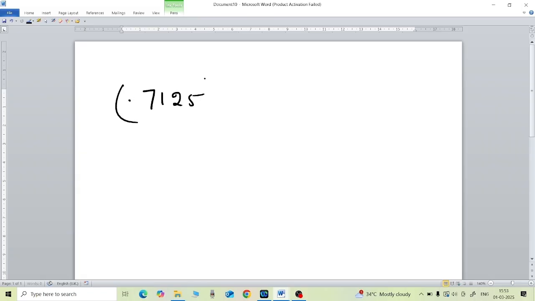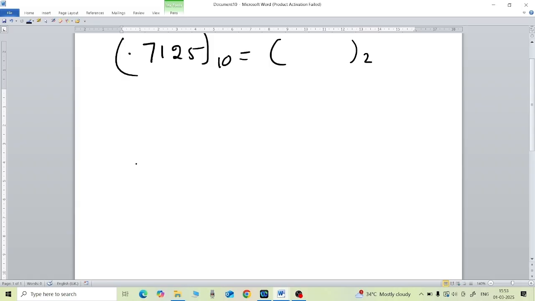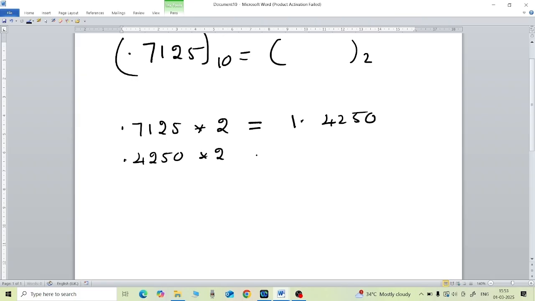0.7125 is to be converted into its corresponding binary. The procedure is: multiply 0.7125, that is the fractional portion, by 2, and we will be getting 1.4250. Take the fractional portion, that is 0.4250, multiply by 2, so we are going to get